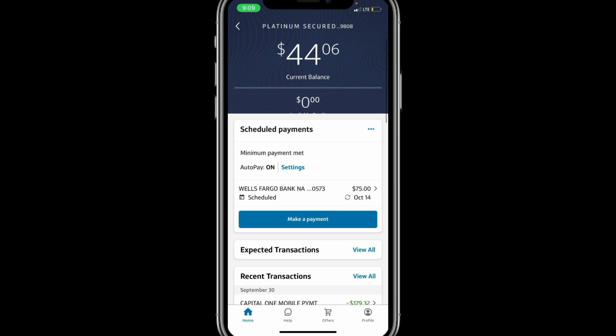You now know how to check your credit card balance on Capital One. Keeping track of your balance is a crucial part of managing your finances, and with these simple steps, you can do it quickly and effortlessly. Whether you choose the app, the website, or a phone call, Capital One makes it easy to stay informed about